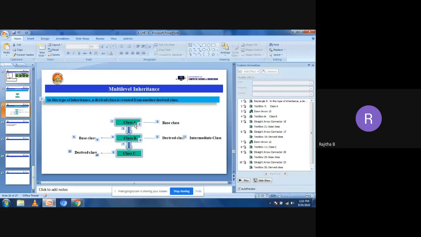So in class A take the data members roll number and name, and in class B I need to access the roll number and name. And the B class has its own data member, that is marks or grade. Now come to the C class, I need to access the B class as well as the A class data members in the C class. Okay, so this is the assignment for today.